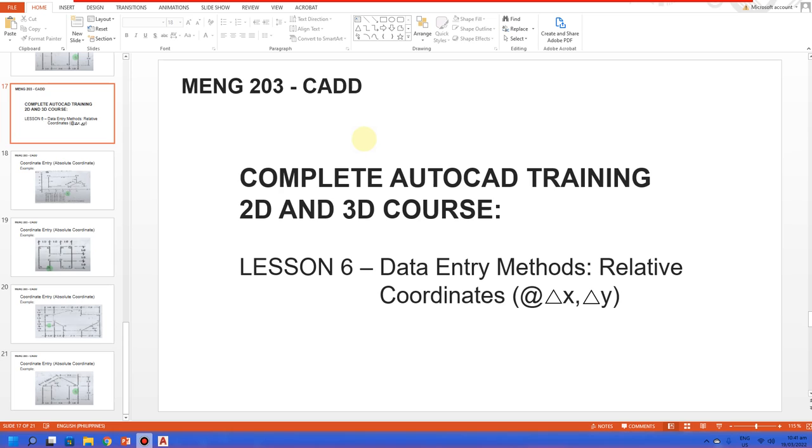We have discussed before another data entry method, which is the absolute coordinate, and we have known that we can create a shape when we base our points on the coordinates that are given in our example shapes. In this topic, we are going to use our previous examples,